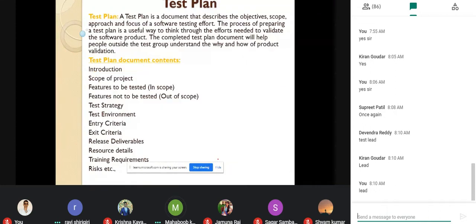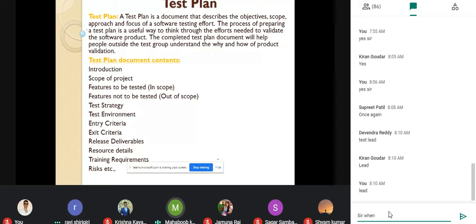Now, as we have seen, how are you going to answer what is a test plan. Test plan is a document that describes the objective, scope, approach, and focus of a software testing effort. The process of preparing the test plan is a useful way to think through the effort needed to validate the software product.